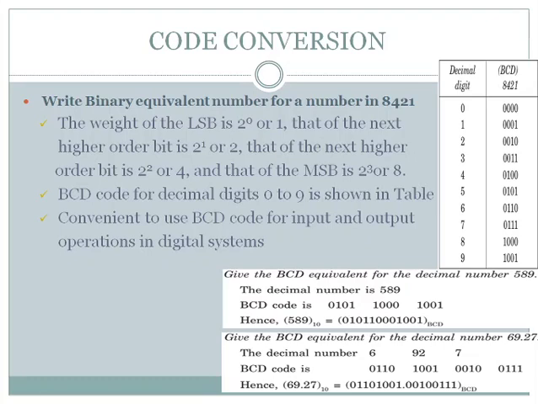So here the decimal number is 69.27. Here we found 4 decimal digits, so keep the decimal point as it is. Replace all these digits with their corresponding BCD code, the 4-bit binary equivalent. So 6 is replaced with 0110, 9 is replaced with 1001, 2 is replaced with 0010, 7 is replaced with 0111. So for the decimal 69.27,